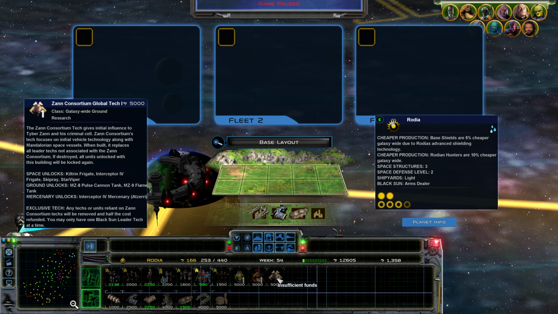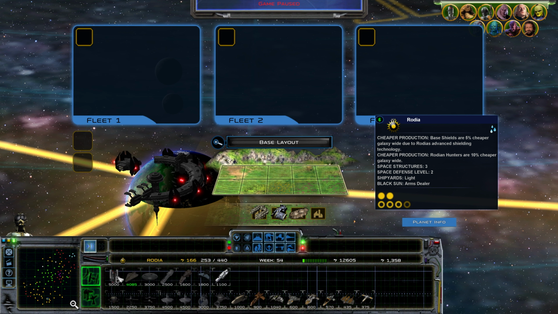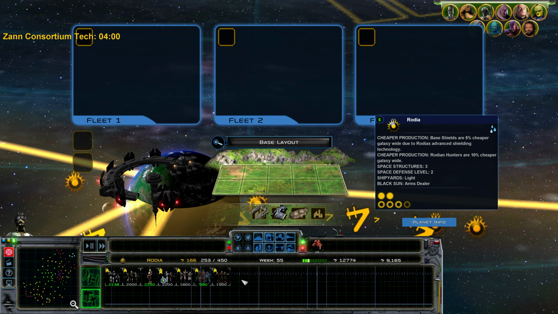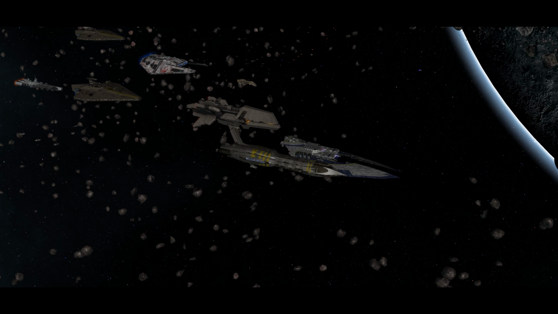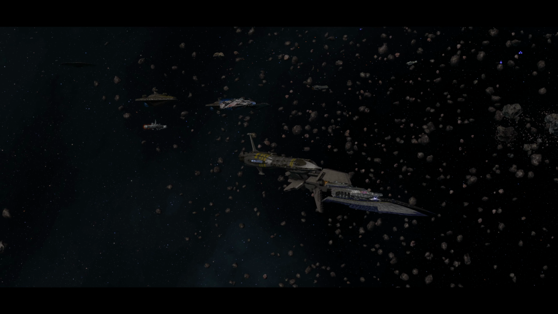Will you choose to commit to the Hutt Cartel, the Zann Consortium, King Caesar's Trade Systems, or IG-88's Droid Revolution? Committing to a specific crime lord will allow you to build their special units, but switching which crime boss the Black Sun is aligned with will make the others greatly upset. The Black Sun is certainly the most unique faction to play, as they have the most diverse unit roster and